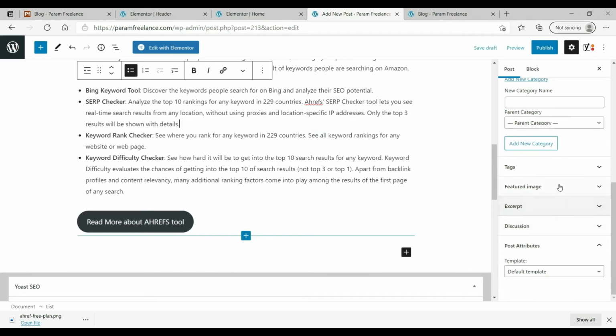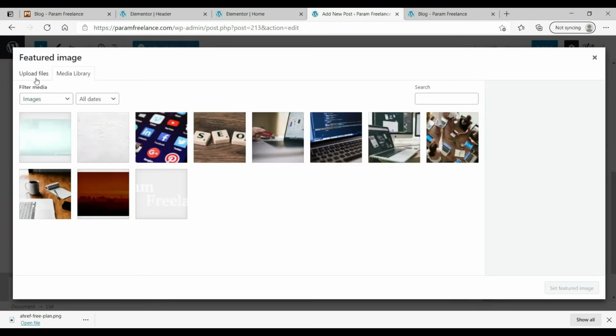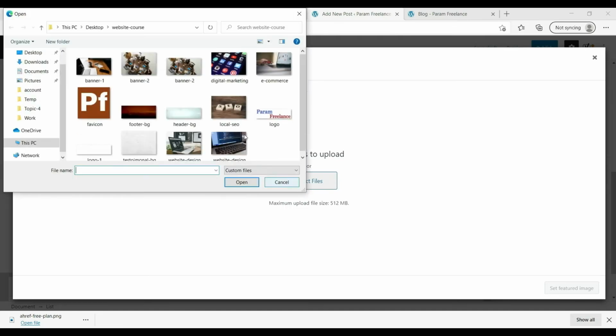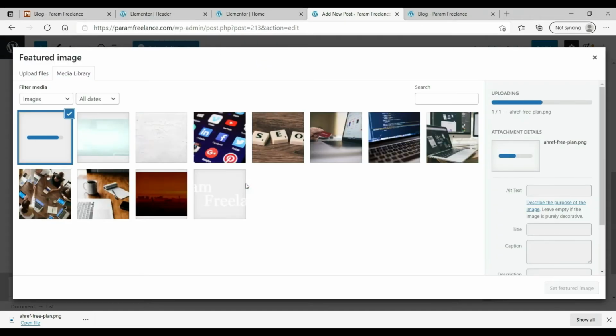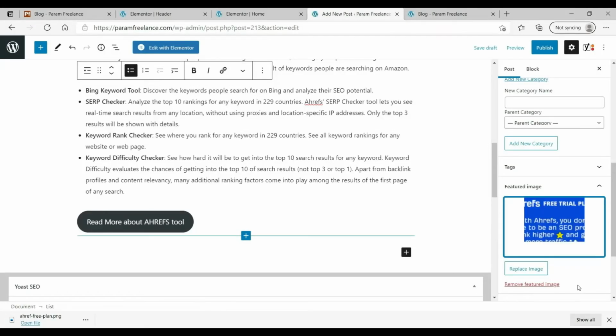Now I'm going to add featured image also. So select featured image, click on set featured image, and I'm going to browse. I already have the image on my computer, so I have added that to the website. Set featured image.